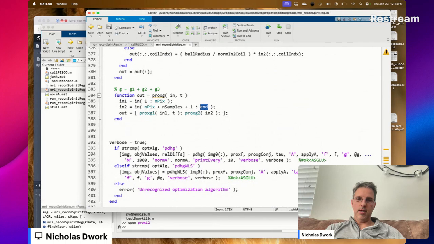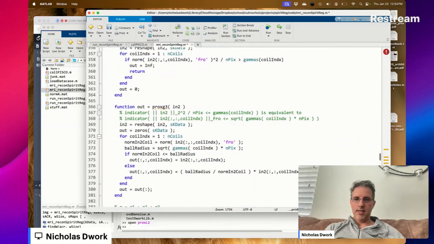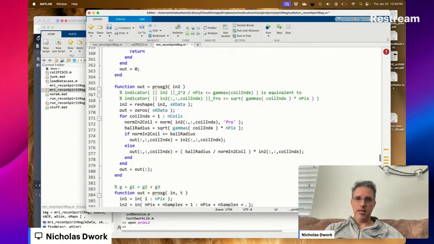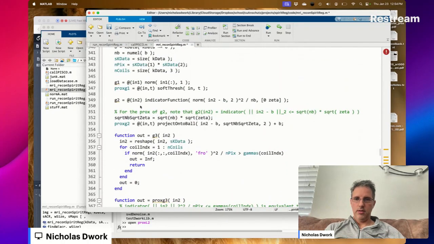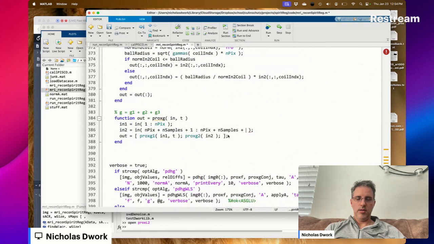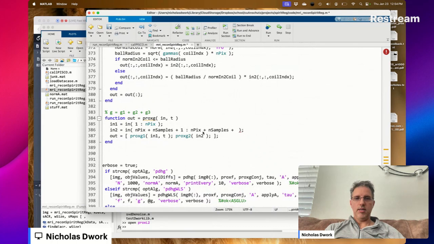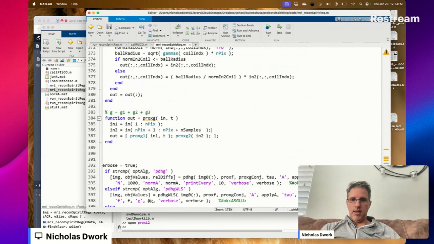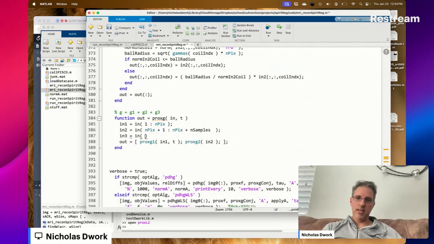That does not go to end, but it goes to NPix plus n samples. So the indicator function is NPix plus 1 to NPix plus n samples. And then in3 is equal to in NPix plus n samples plus